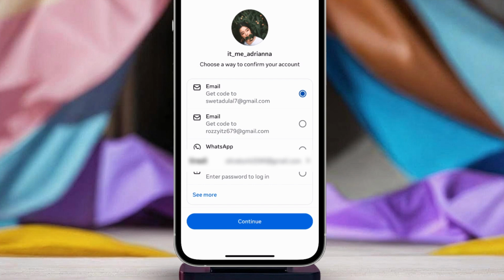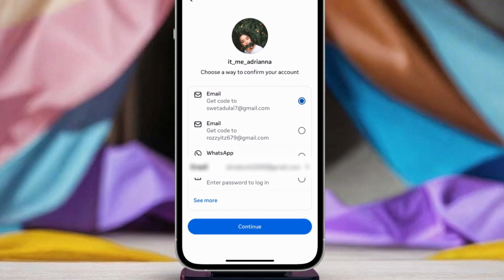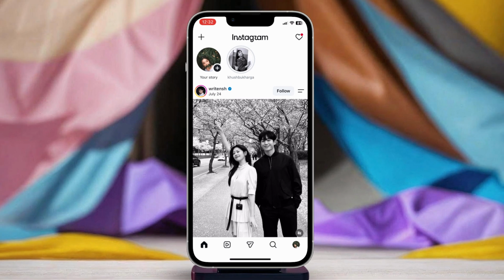Keep in mind that there is no legitimate way to bypass Instagram's verification system. You need to use one of the recovery methods available for your account. Once you've successfully verified your identity, follow the instructions to reset your password and log back into Instagram. And that's it. These steps should help you recover access to your Instagram account when you're not receiving a verification